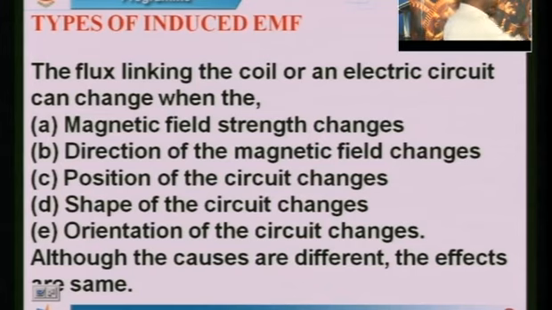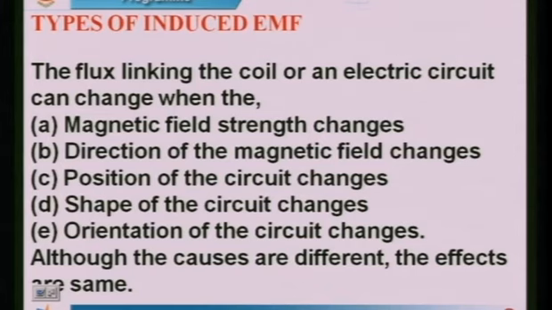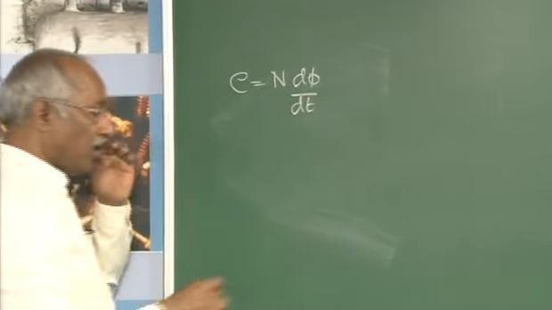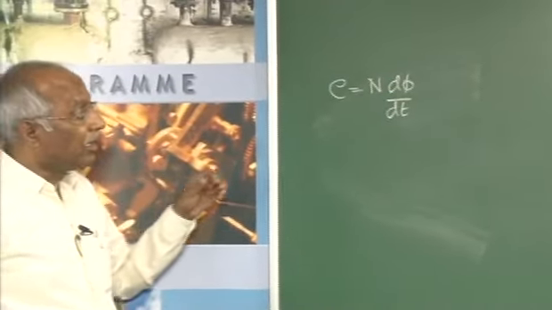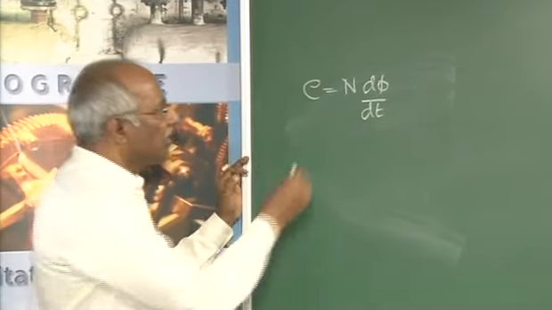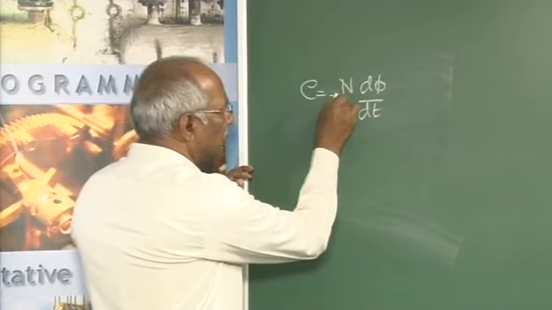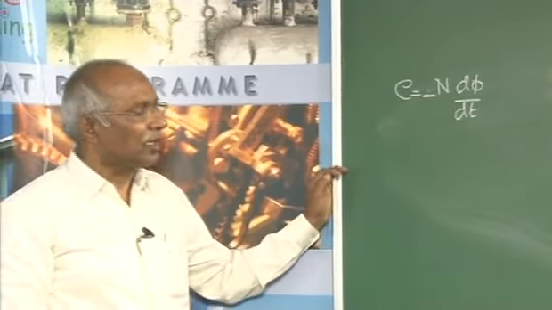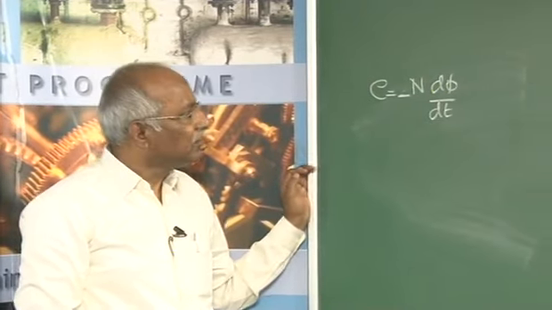The EMF induced, E, is equal to N d phi by dt according to Faraday's law. According to Lenz's law, the induced EMF always sets up a current to oppose the cause. In that respect, this is attached with a negative sign to indicate its polarity. With these things in mind,